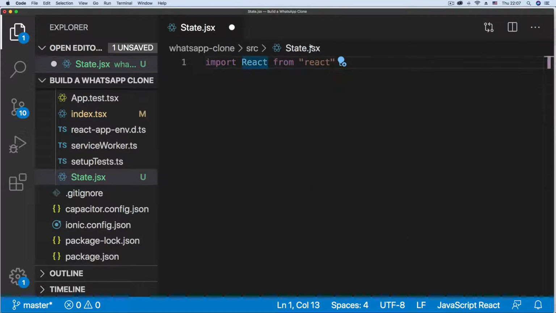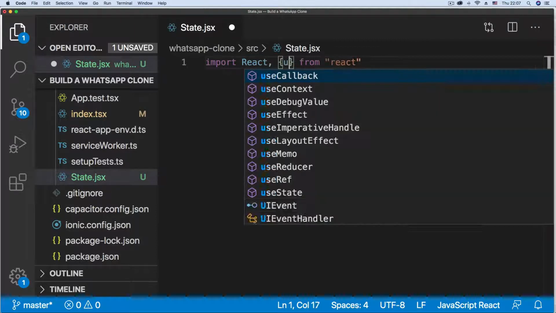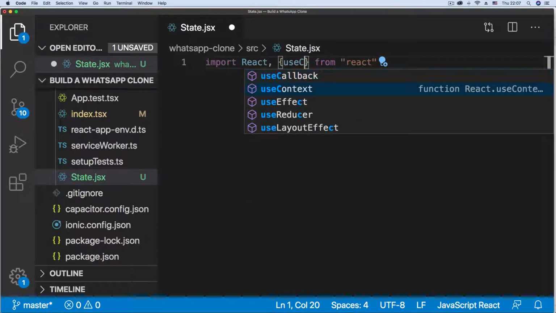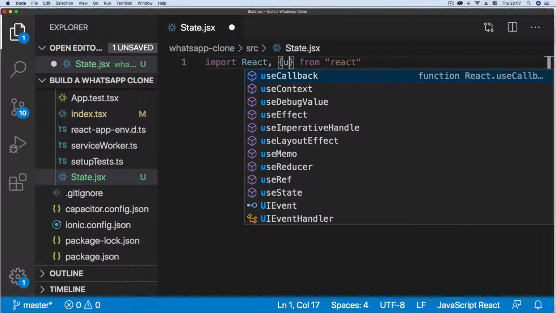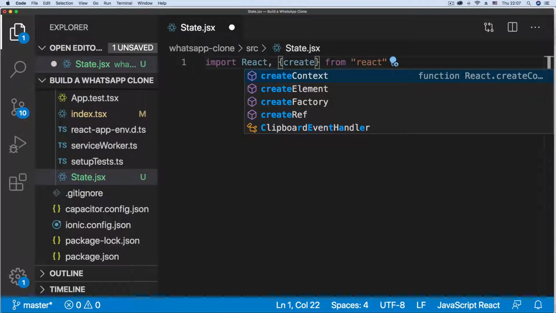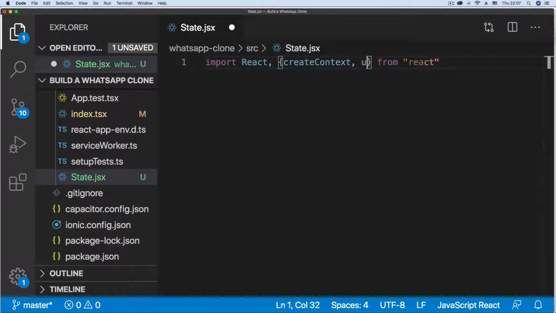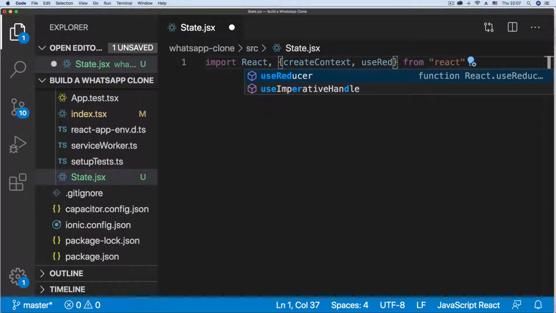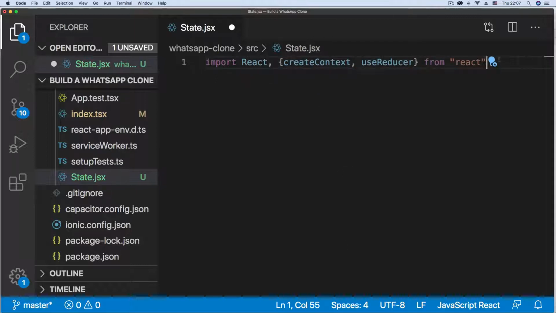We're also going to be importing two other utilities, rather, the createContext utility, and also useReducer. So it's useReducer and createContext. Those are the other two utilities that we're going to be requiring from the React library. So we have those two, and